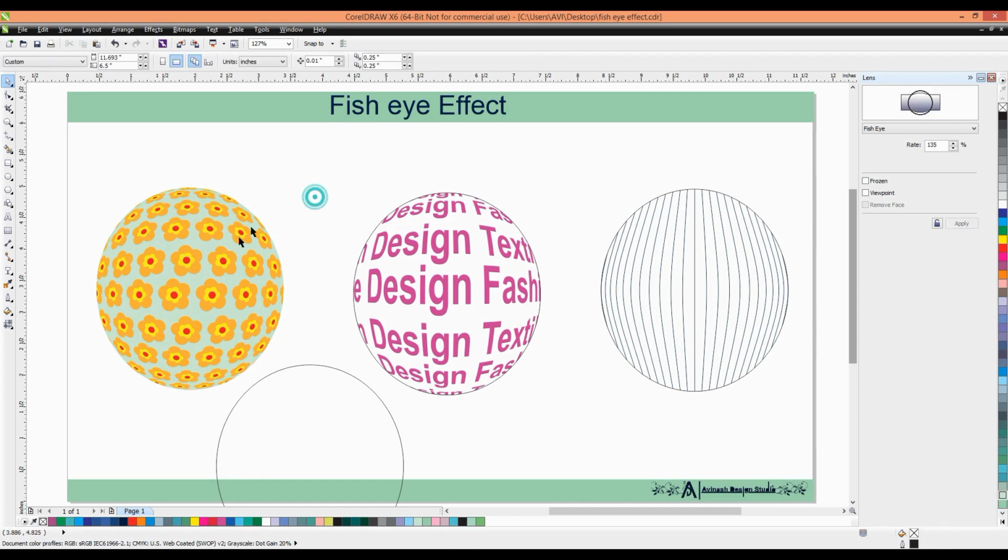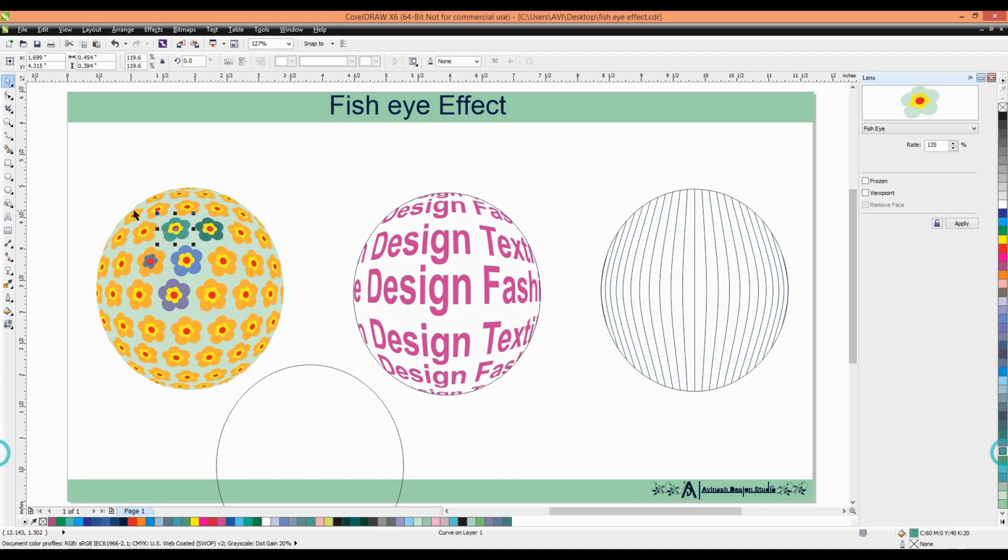Now we select any pattern and change the color of any pattern to different colors. Change to more interesting colors. I change according to the colors available here.